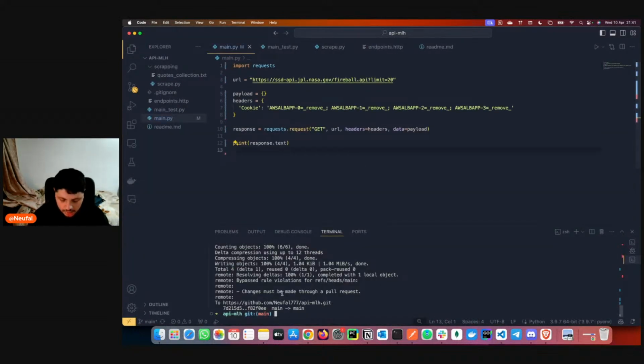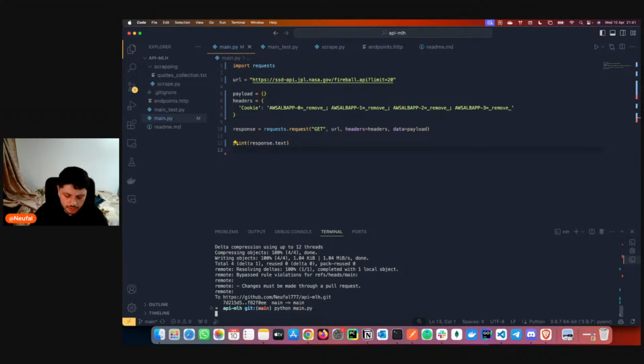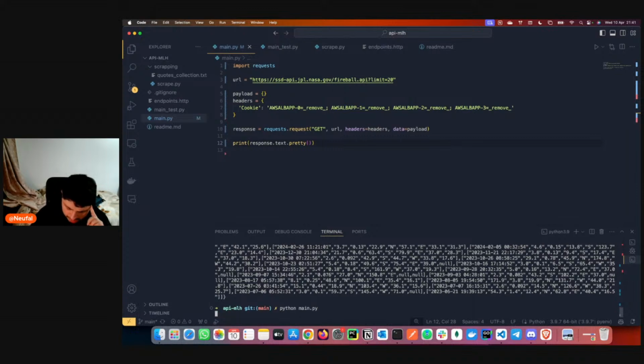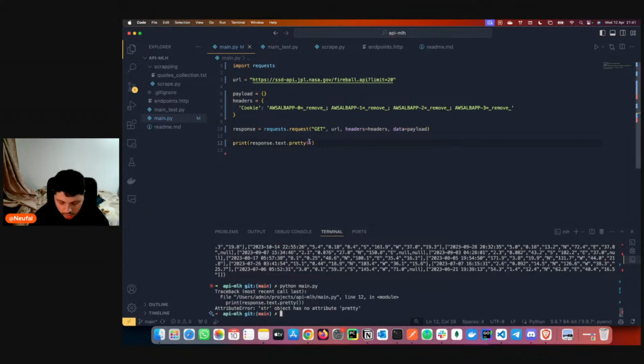Let's try the code. Let's type python main.py. Hey, it works. I don't think pretty printing will work here. No, it doesn't work here.